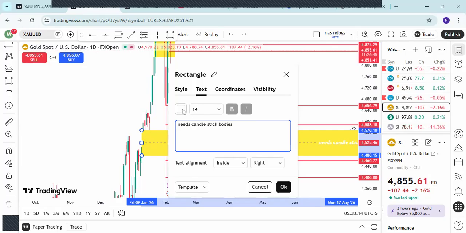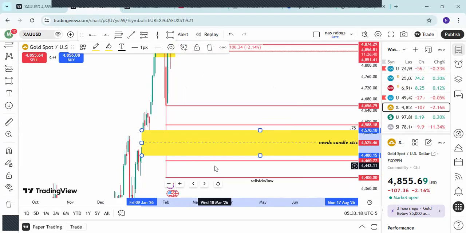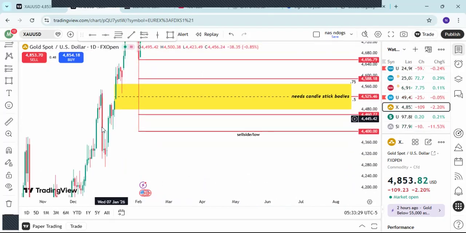I think it would be nice if it was black, like that. Then also, this is half of this here. It's a critical level. Also, this low here is a very nice low,